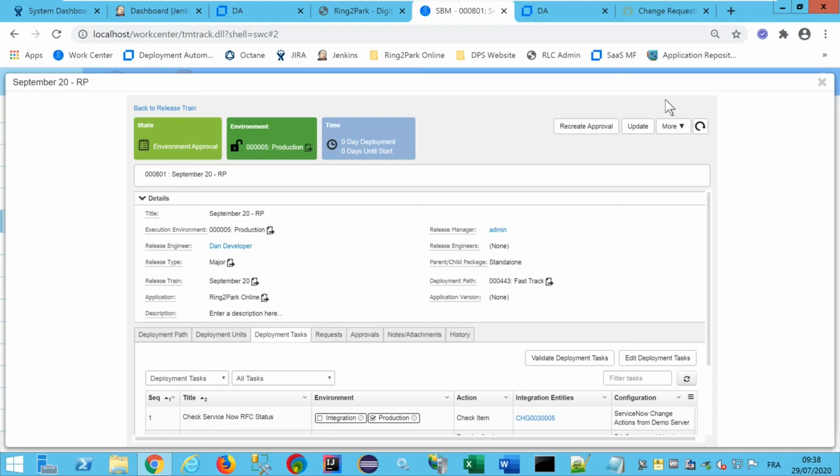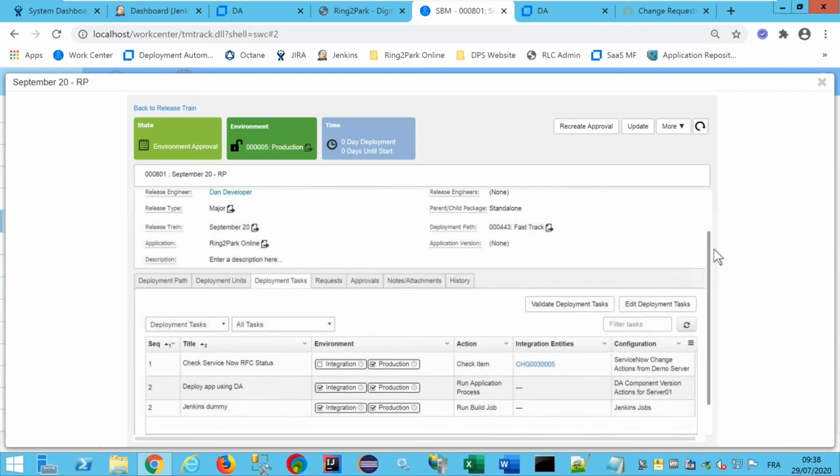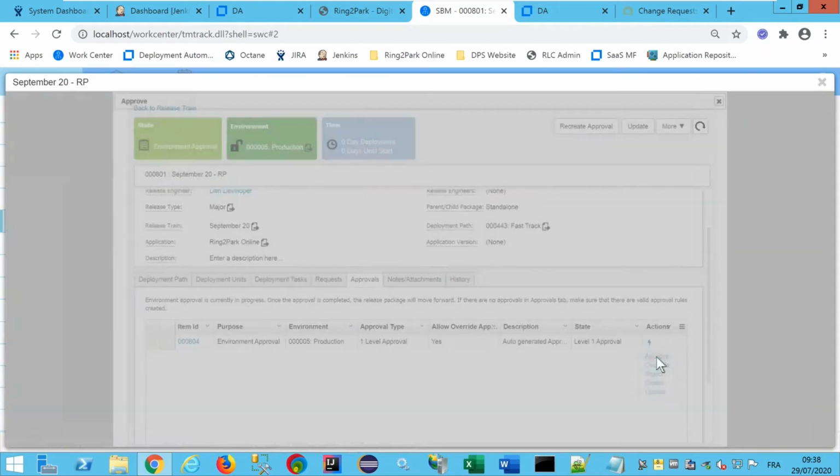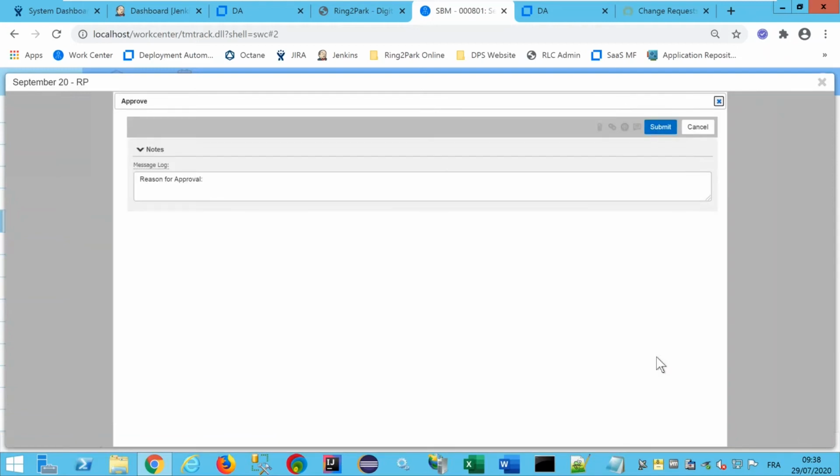So these are the different demo scenarios I have implemented here. The first one is a quality gate implemented in release control. So here you see we are waiting for an approval. And if you go to the approval tab, you can see here that an approval is pending. So you just need to approve. So this is one of the mechanisms you can use to implement a quality gate.